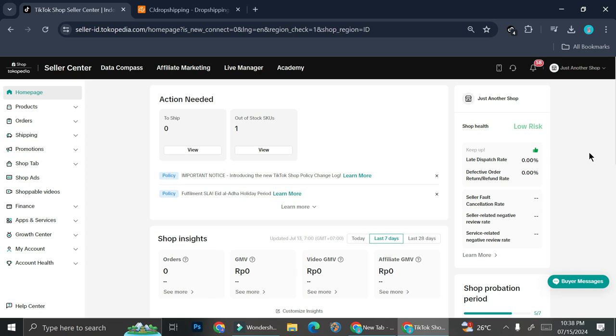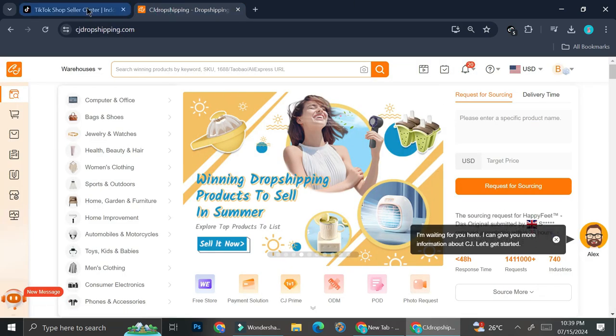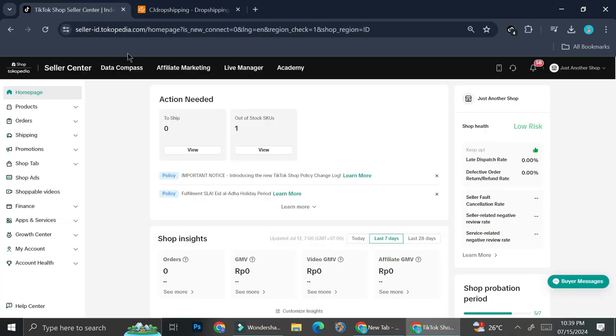Using the dropshipping technique or jumping into the dropshipping business can actually help you save a lot of time and a lot of effort. And if you would like to do dropshipping with TikTok, you can use CJ Dropshipping as one of your suppliers, and I'm going to tell you why you should consider using CJ Dropshipping as